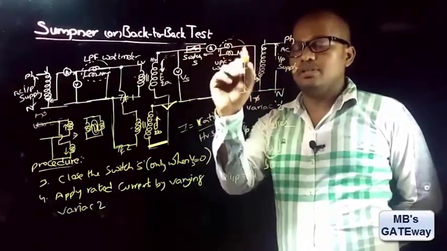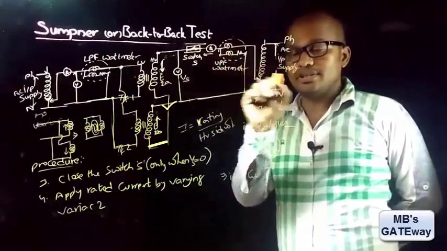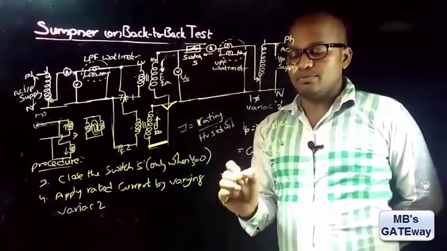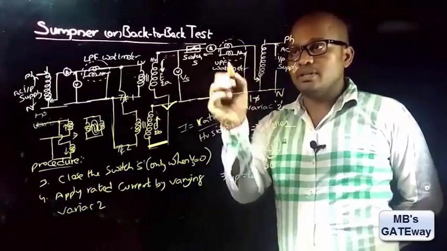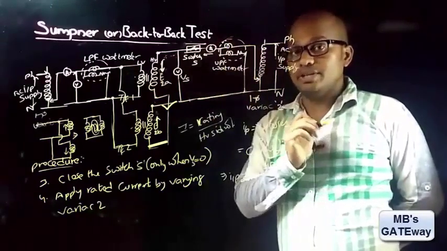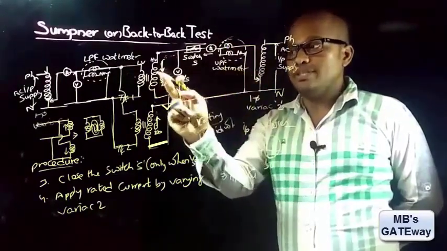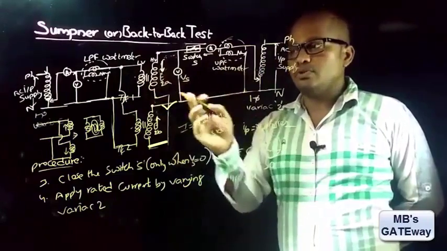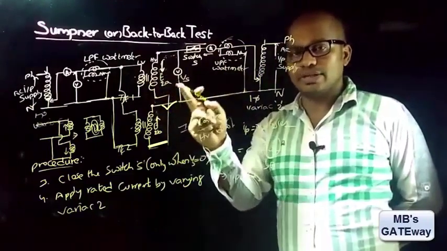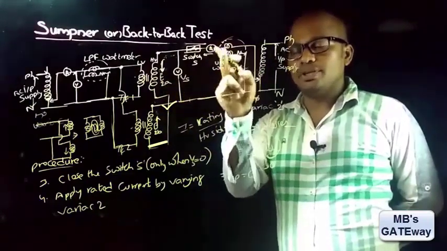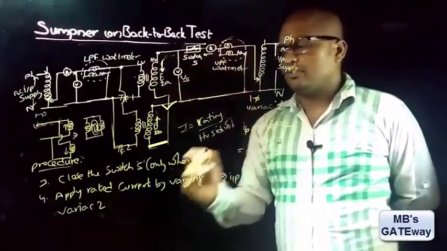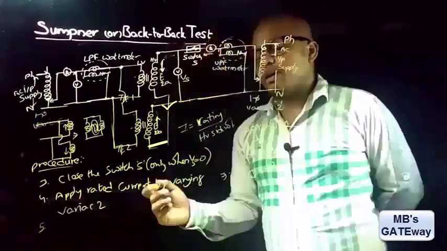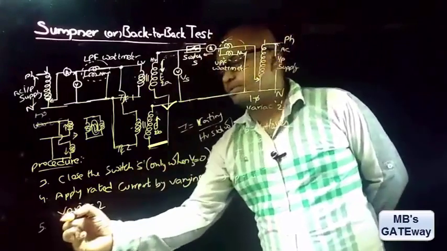Here we are making use of a UPF wattmeter to measure this input power, and as input power is equal to copper losses, the wattmeter reading will indicate the copper losses of both these transformers. If you want to know the copper loss of any one of the transformers, divide the wattmeter reading by 2. Therefore, now the fifth step is, upon applying the rated current,